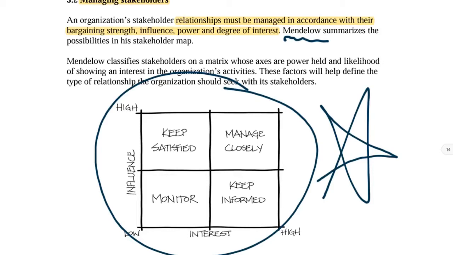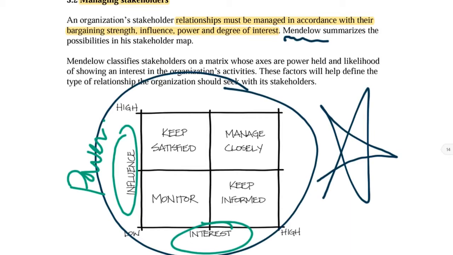Should we care about them? So it all depends on the influence. The influence simply means their power and their interest towards our organization. Then from there, we can decide which category they fall under. And from there, we know whether we should give them the priority, give them the focus, or we just